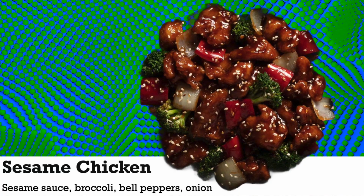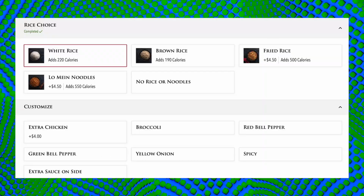And today we have one that we have done their frozen food a lot. Yeah, we've done quite a few. But we've never reviewed their takeout food. This is the P.F. Chang's Sesame Chicken. Sesame sauce, broccoli, bell peppers, and onion. You get your entree of the sesame chicken, and then you can choose from, I believe it was